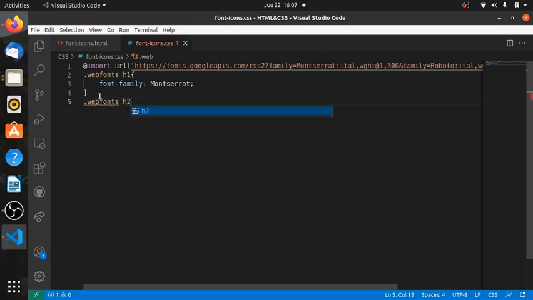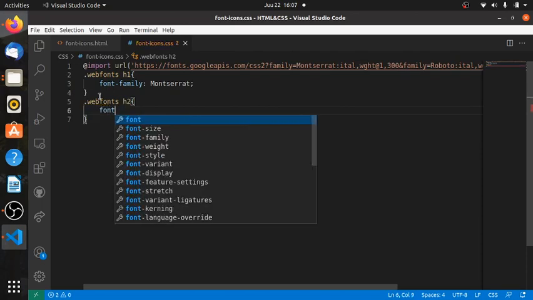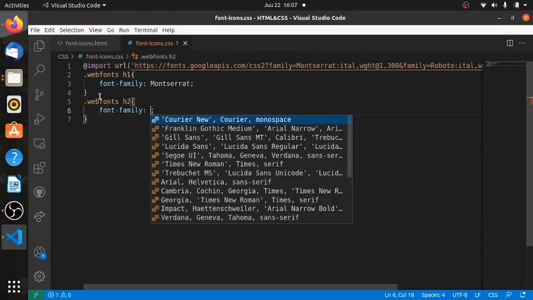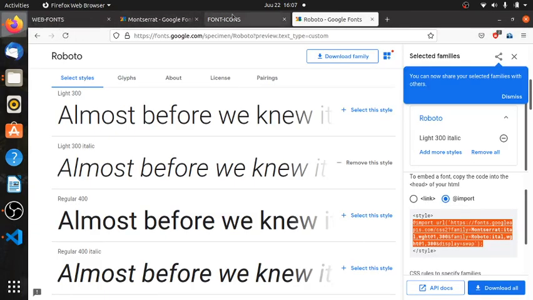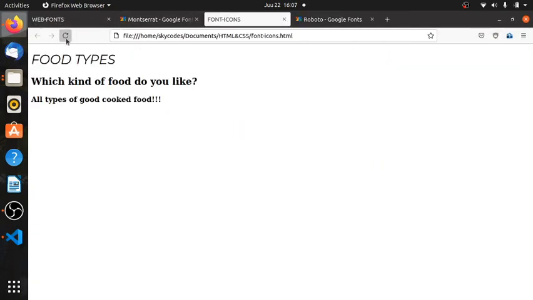Okay, now on H2, and I say font-family Roboto. So I go to my page here, I refresh, and then it will change this font style from UTF,